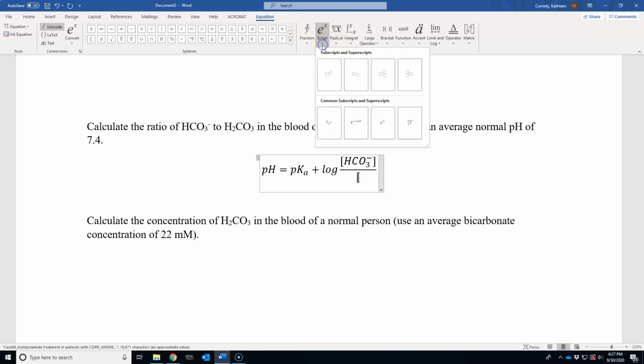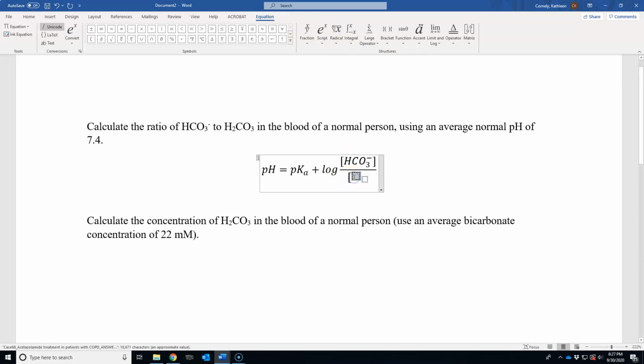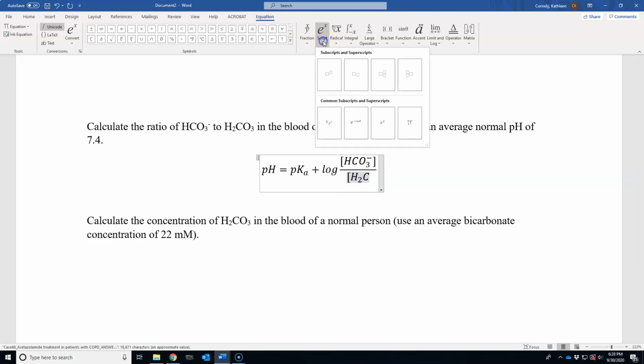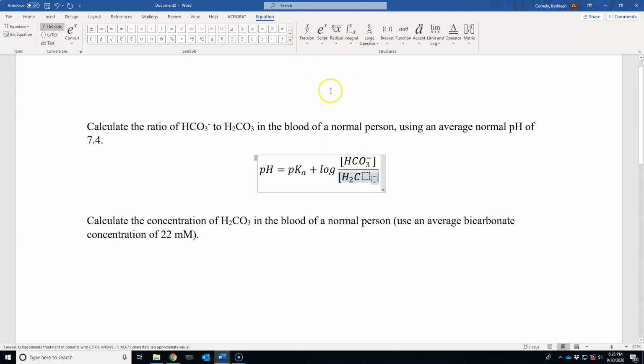H2, 2 is a subscript, so I want H, right arrow, 2, right arrow, C, and then O, and then 3, and then right arrow, and then I'm finished except for it's using a lot of italics,